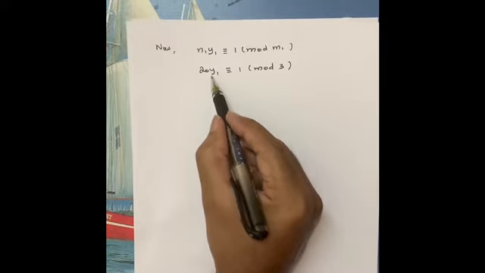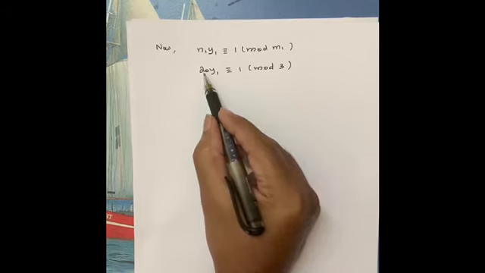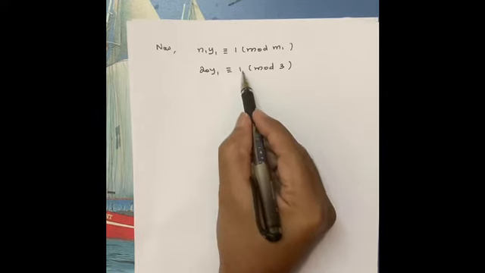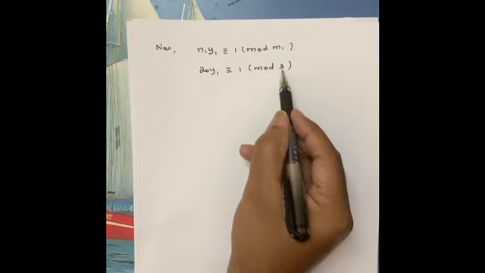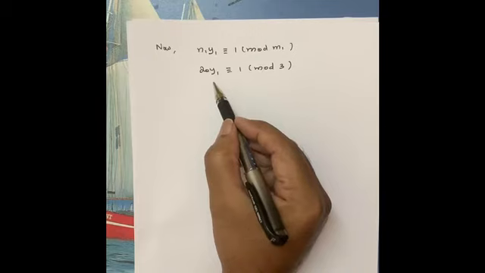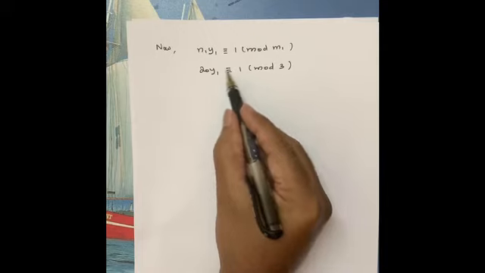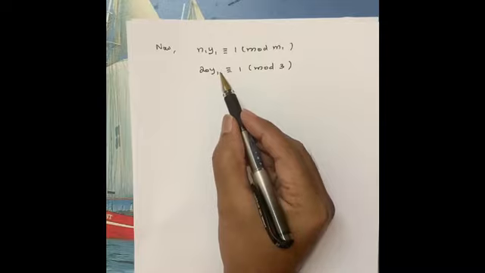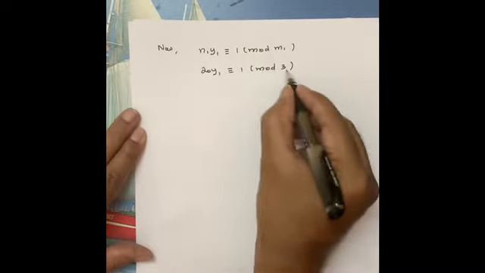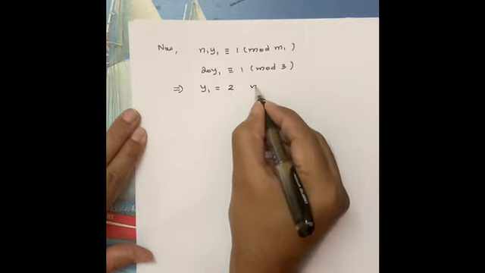I have to take some integer for y1, and we can easily verify. Suppose I take y1 equal to 1. Then this value is 20, and 20 minus 1 is 19. Is 19 divided by 3? No, so 1 is not possible. Next we think about 2. So y1 equal to 2: 2 times 20 is 40, and 40 minus 1 is 39. 39 is divisible by 3. So 2 satisfies this congruence.